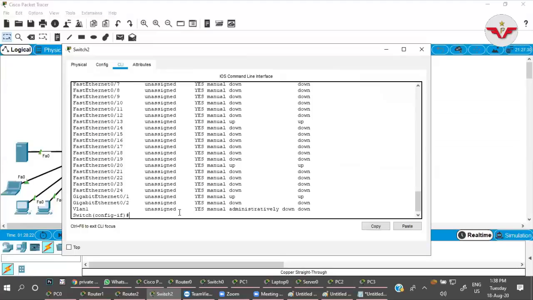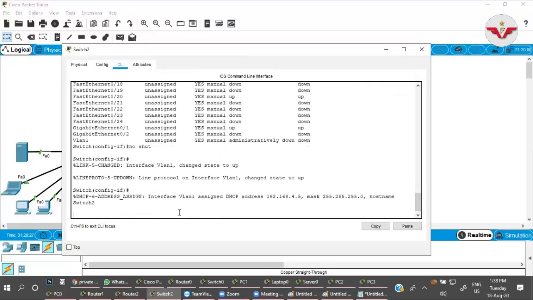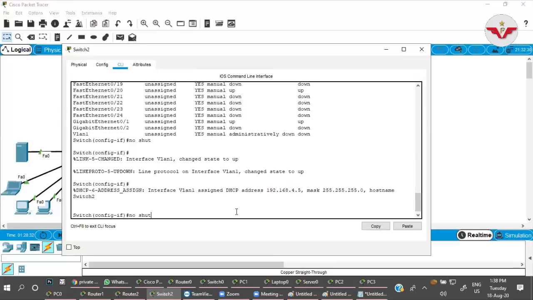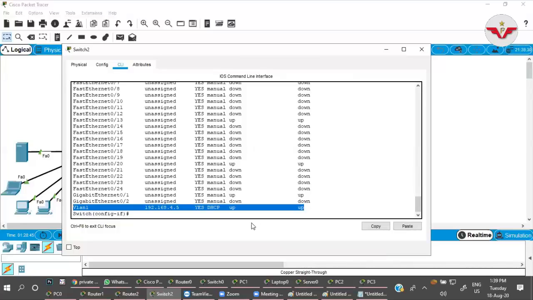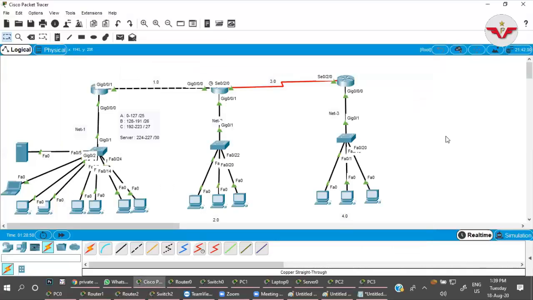VLAN 1 is shut down, so no shut. Then look here, got the IP address 4.5. Do show IP int brief, 4.5, getting that on VLAN 1. So this is how you can give the IP address to a router or switch as well. You just need to give the command IP address DHCP, not manually.